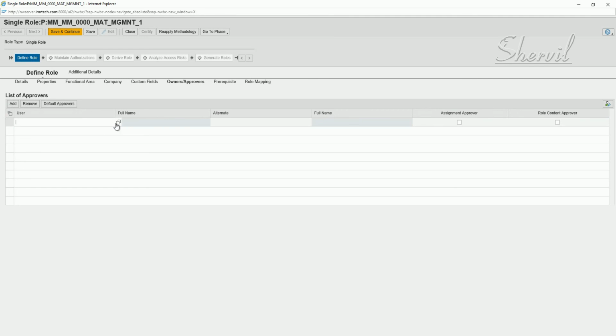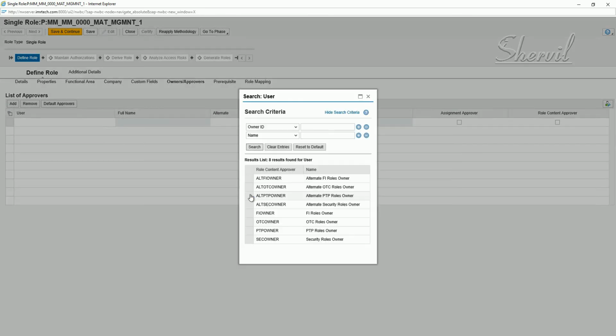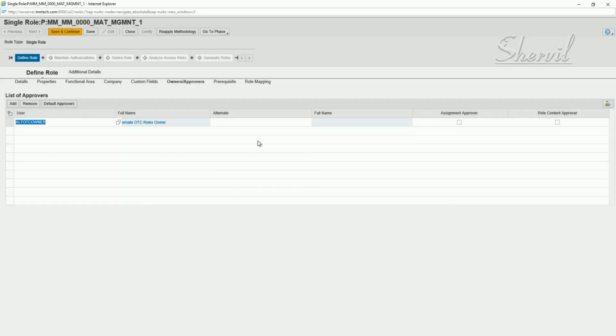Again, it's mandatory if you are going to create an MSMP workflow for approvals. So you'll have to assign the primary approver and the alternate approver. So in this case, let's take OTC.